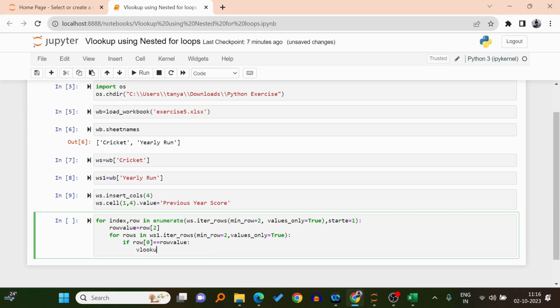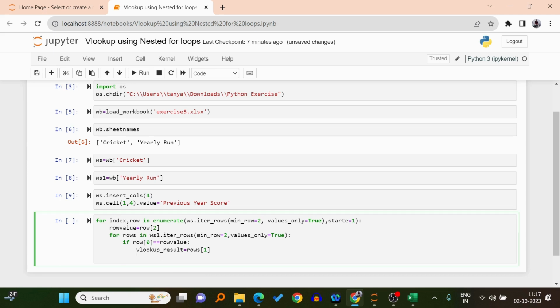So vlookup_result, I am taking as the name vlookup_result in order to clarify the thing. So row[1]. Basically what I am doing, I am saving down the score of that particular player. If the player name is matching between both the sheets, then the score present in another worksheet will be saved to the vlookup_result, so that it will be easy to assign. After that, I will be saving the score in another variable. Let us suppose